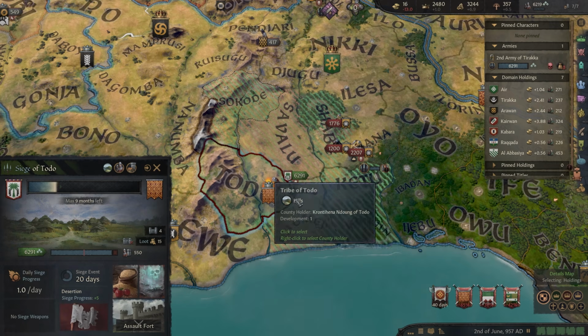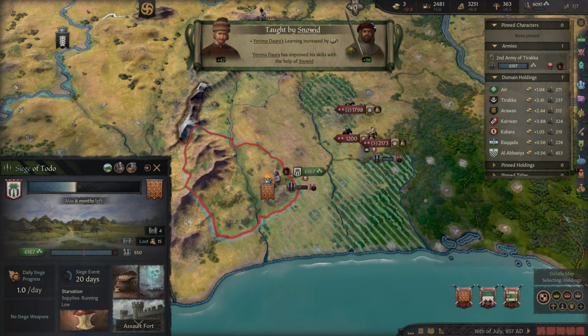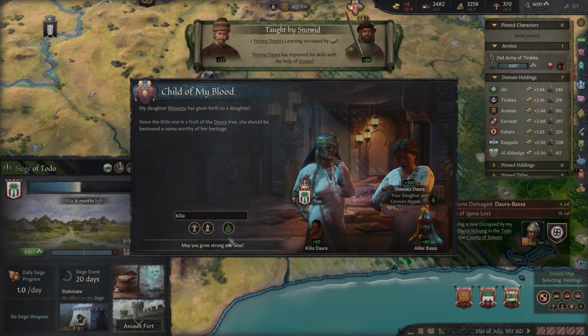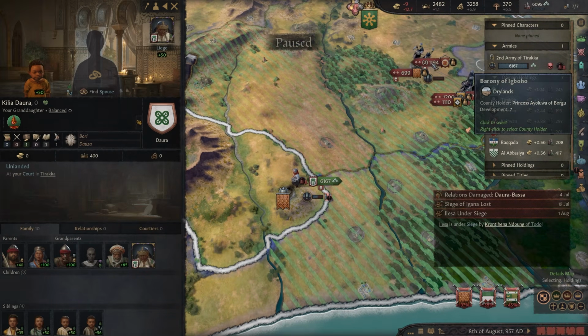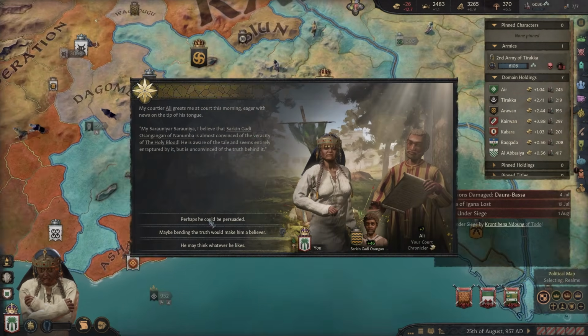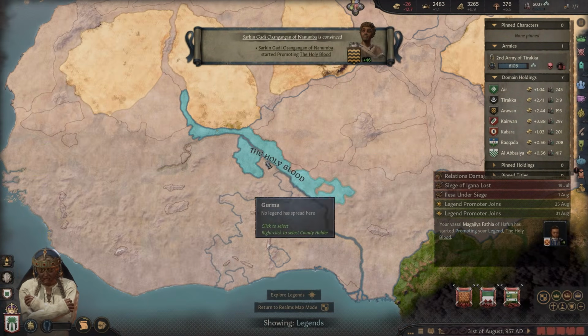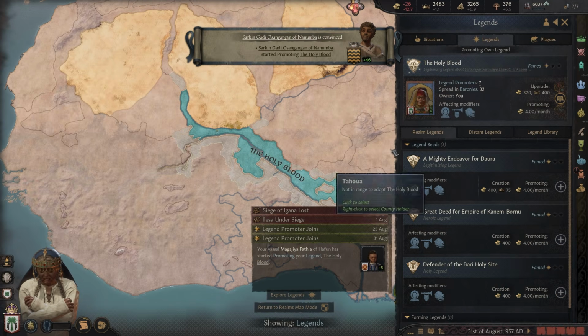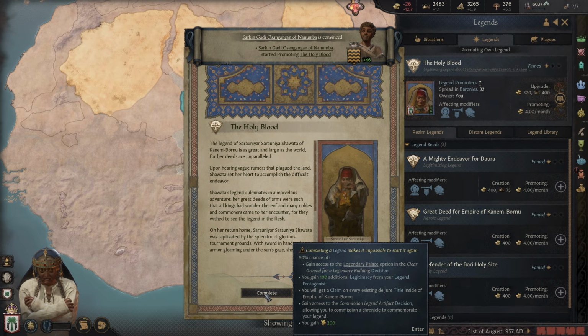Okay, this is the problem with having no siege units. Our sieges are slow as hell. Right. We have a granddaughter. They don't know what they're doing. They're going to lose the war. Fantastic. How's our legend looking? Could I make money by just ditching our legend? We're at 32 baronies. I could just finish my legend. That would save me 4 gold a month. Honestly, it's not even worth it, right?